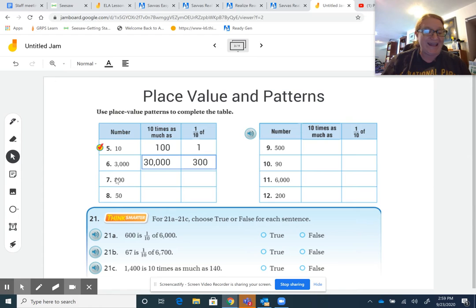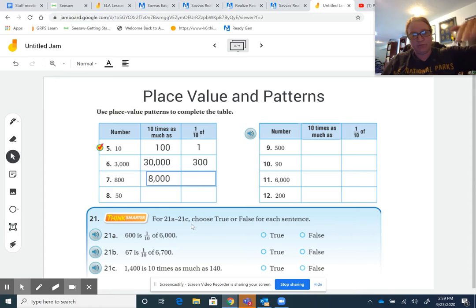Now, what about 800? What is 10 times as much as 800, or 800 times 10? We're going to put an extra 0 on there and it becomes 8,000. Try not to get your zeros or your commas and decimals mixed up like I just did. Now, if we're at 800 and we slide back 1/10, 1/10 of 800 would be,